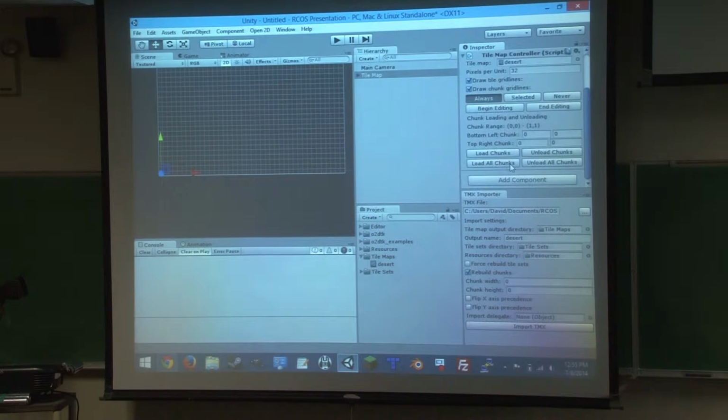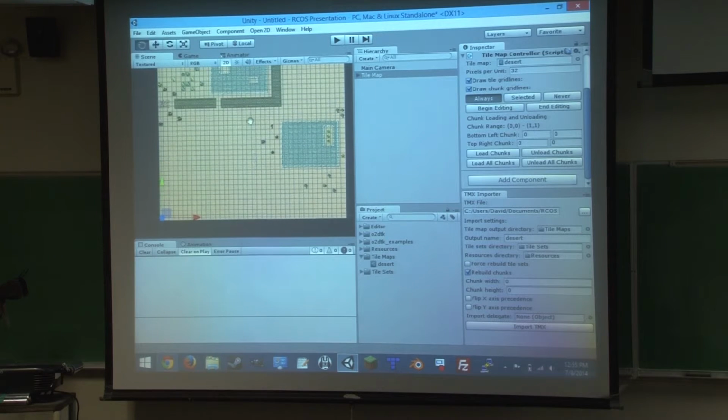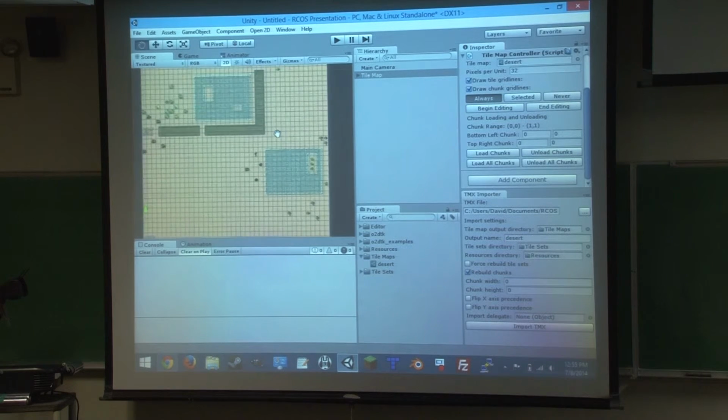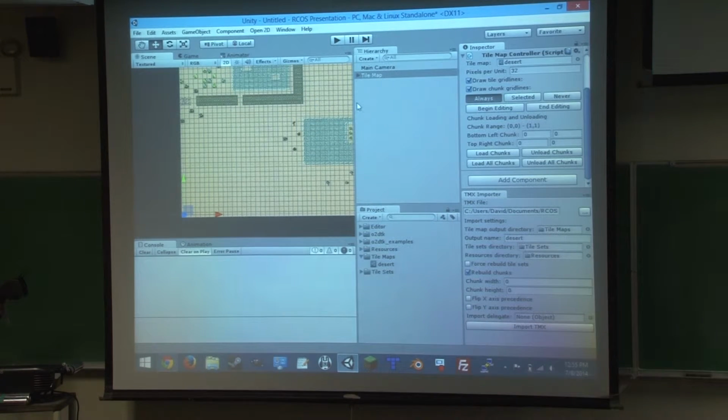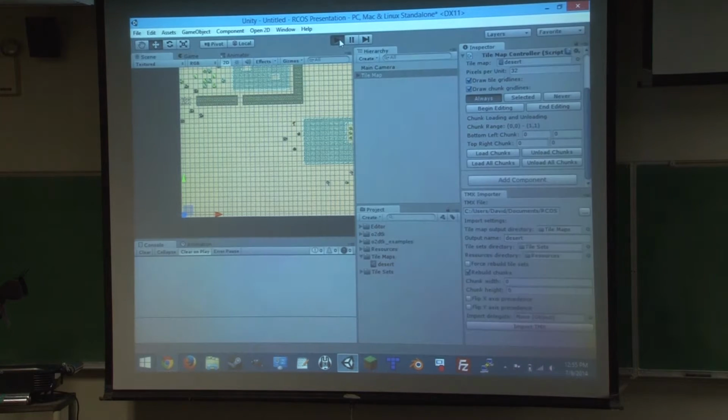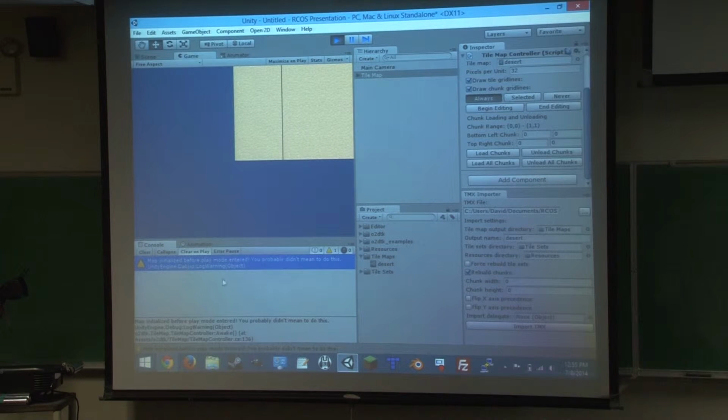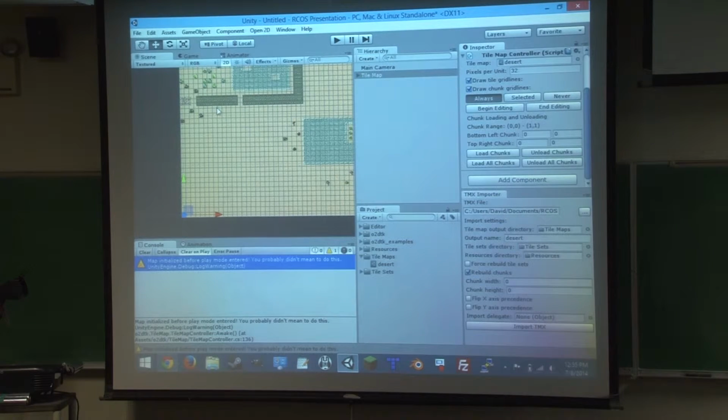We can begin editing it, and this is for using it in the editor so that you can visualize where everything is. We can load all of the chunks, and it'll actually build our tile map for us. And we might think that we're ready and set to go, but if we go into play mode, we've added a warning. It'll say that you have your map initialized before you enter play mode. It's generally a no-no to do that because the chunks need to be loaded and unloaded dynamically, and leaving it in edit mode as you go into play mode will not reflect what it'll look like when you compile it